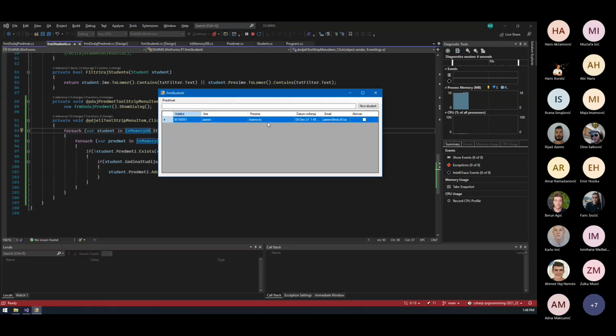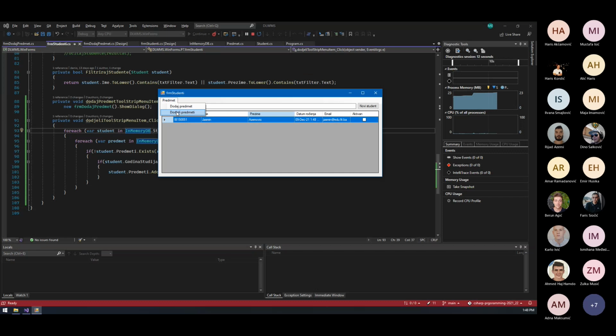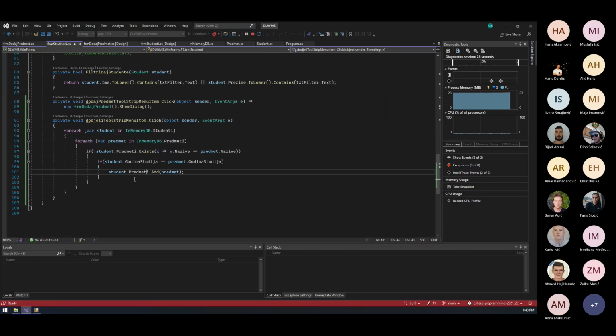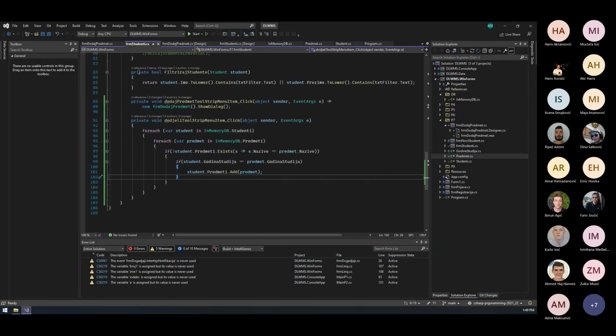Okay, so he's actually in the first year, right? So what we can do is add a subject. Dodaj, and then per 2 dodaj, and then I could say dodijeli, and right now he has it, but we need to make sure that the student has it. So how can we know that? What we can do